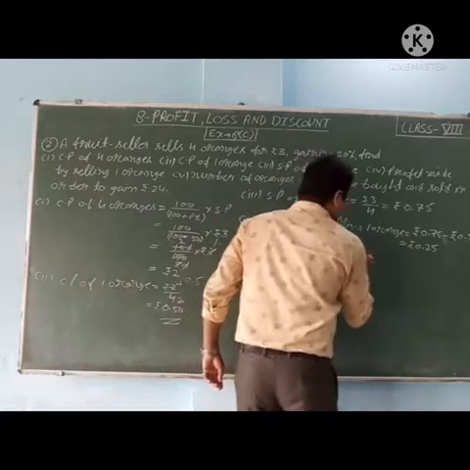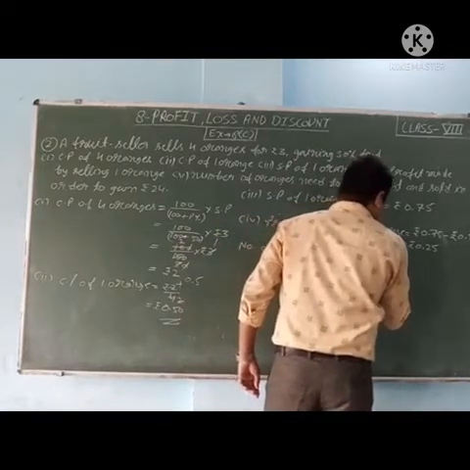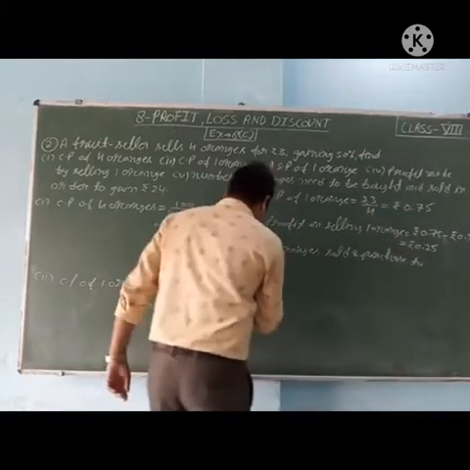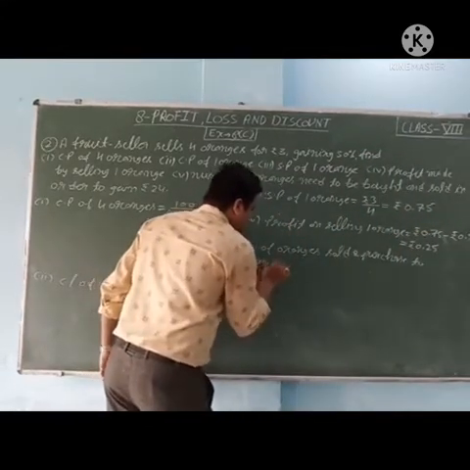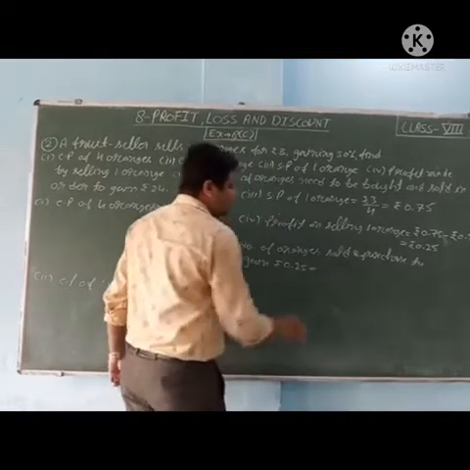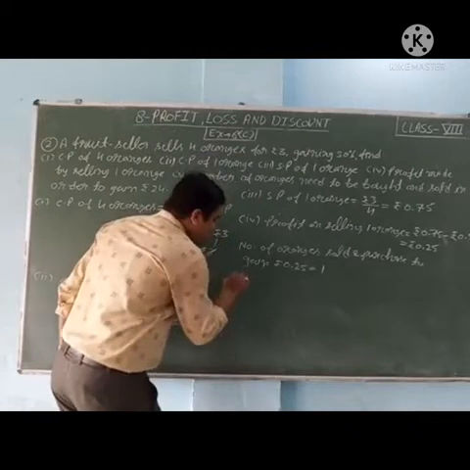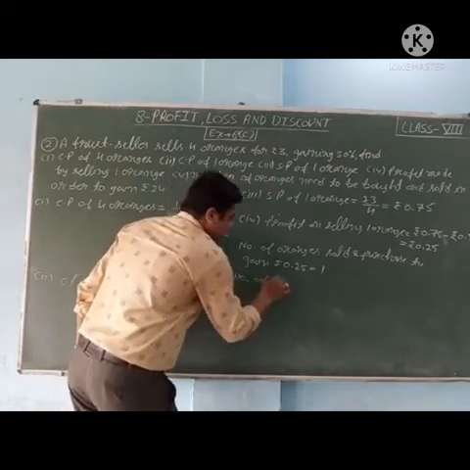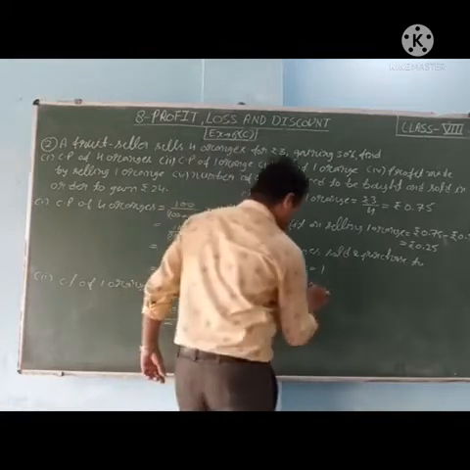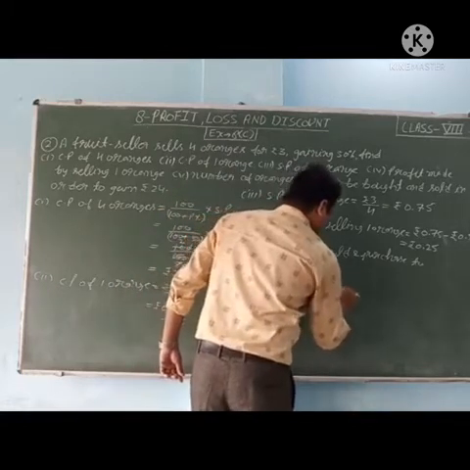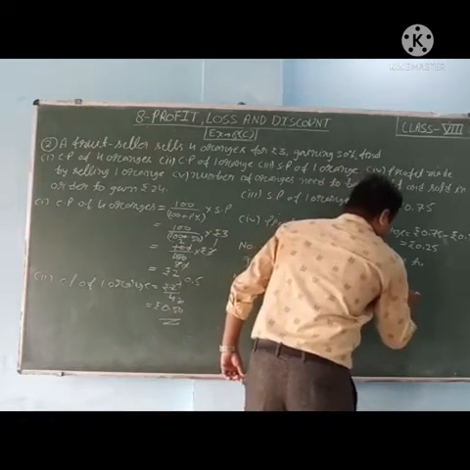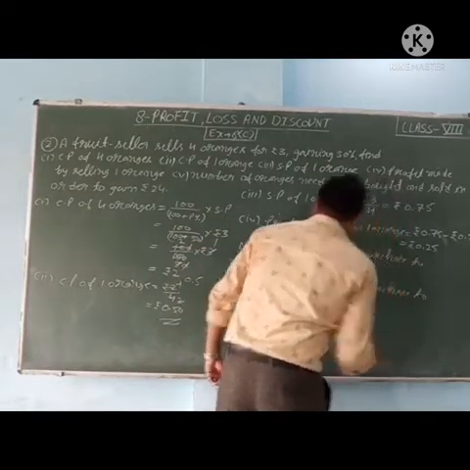Sold and purchased to gain rupees 0.25. How many oranges? 1 orange. So number of oranges sold and purchased to gain